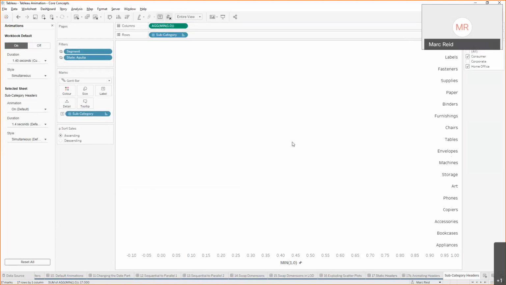And then the really important point to note is that any filters that you have applied to this view must also be applied to the other view that has the bars in. And the same thing for the sorting as well. That will make sure that any sorting and filtering in either view will make sure that both the marks and the headers are aligned.